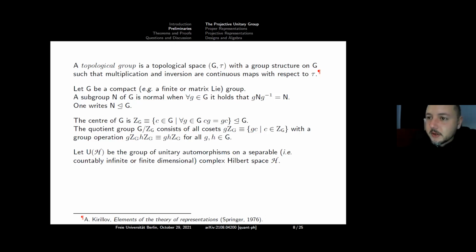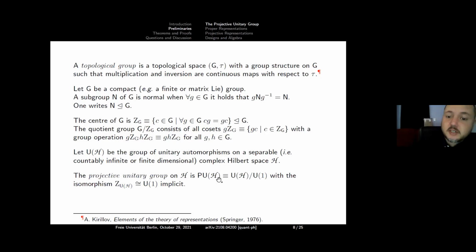We're going to be talking about the unitary group, and for a while I'm going to run in infinite dimensions. So for right now, I'll just let U of H be the unitary group. By unitary automorphism here, I'm in the context of vector spaces. So I mean a complex linear bijection that's unitary with respect to the underlying inner product. Okay, so the unitary group. Right, and then the projective unitary group.